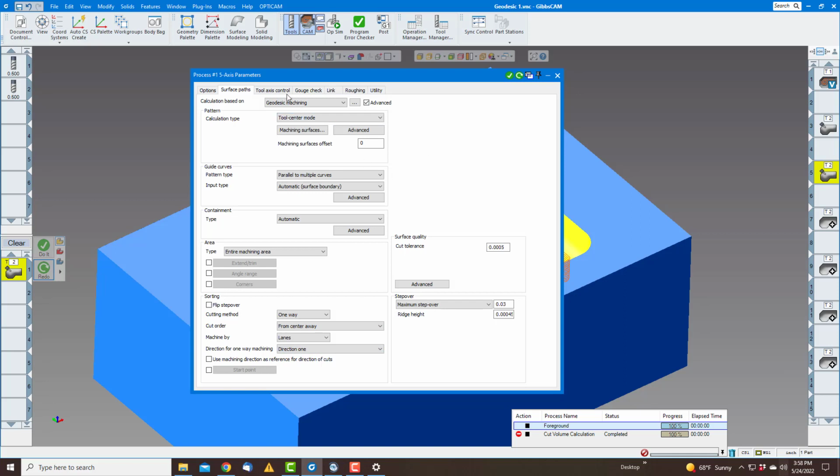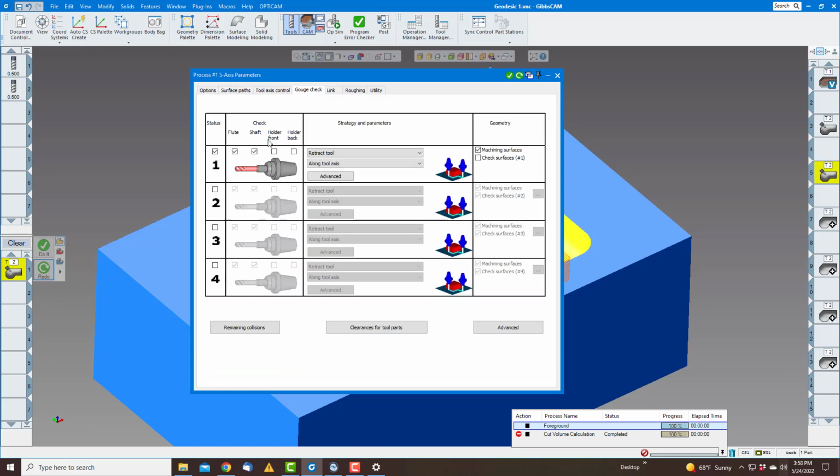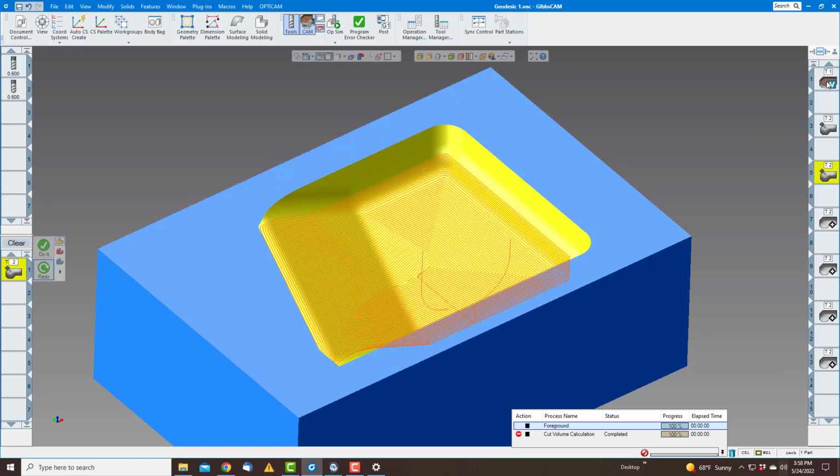Of course, your max step. Tool axis control again, 3-axis. Normally I always have gouge check on. And link for most things I have use lead in and use lead out. So if we run this toolpath,